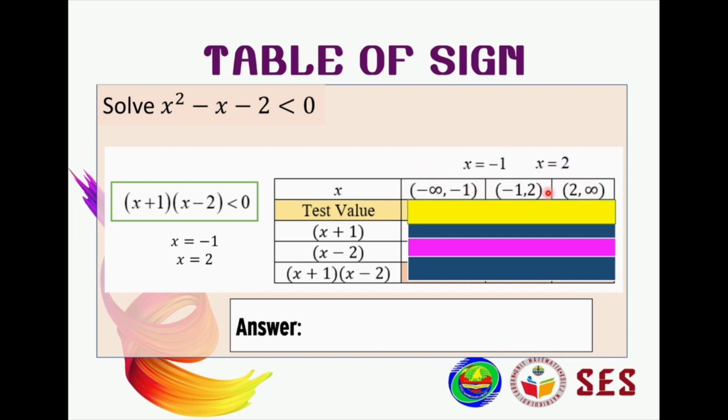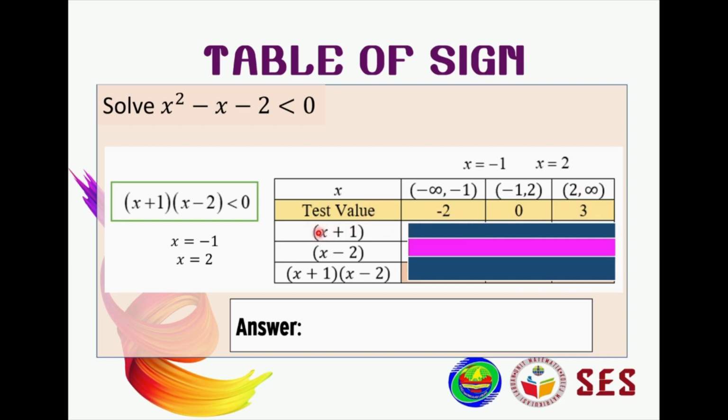What about -1 and 2? Back to this green box, the inequality doesn't have an equal sign, hence it is an open bracket. And then test values. For test values, you can put any number in between the respective intervals. I have -2 within the first interval, 0 within -1 and 2, and 3 within 2 until infinity. You can put 99 or 86 if you want, but always choose the easier number to calculate, because we want to put -2, 0 and 3 in x.